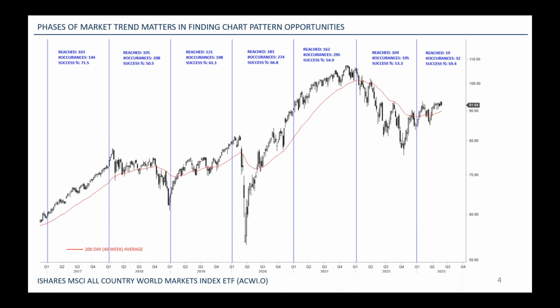So you can see that 2018 gave us a success rate of 50.5%, followed by 2019, an initial strong trend, consolidation, and then another strong trend period, which gives us a 61.1% success rate, followed by 2020, a sharp move on the